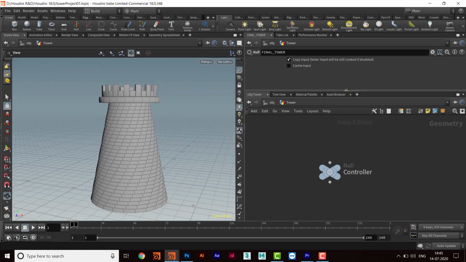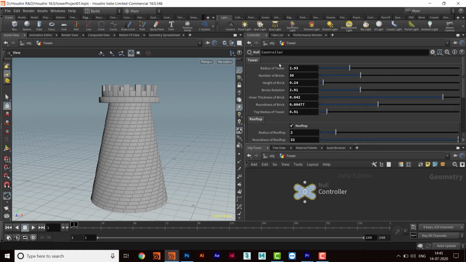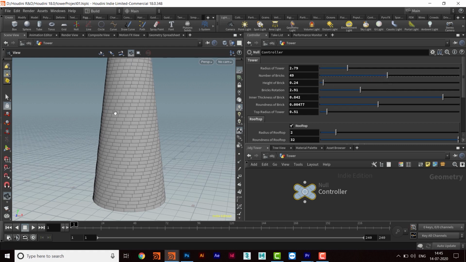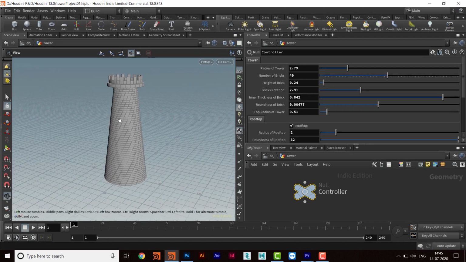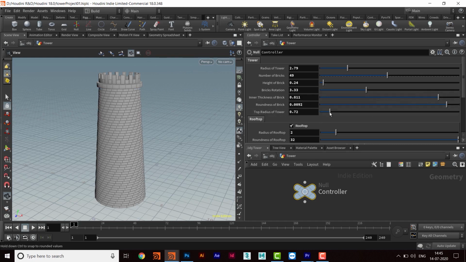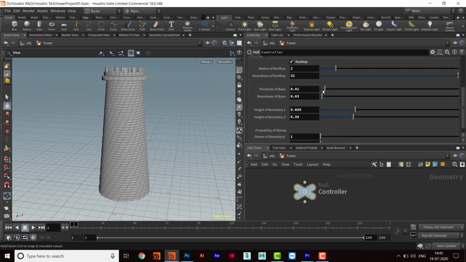So if I come here, just as a last look, maybe I can change a few things here. So this was the radius of the tower, okay, and this was the height of the tower, and then bricks rotation was there, and then inner thickness was there, and then roundness of brick was there, and then top radius was there. So these were all the things, and in this video we completed this part,